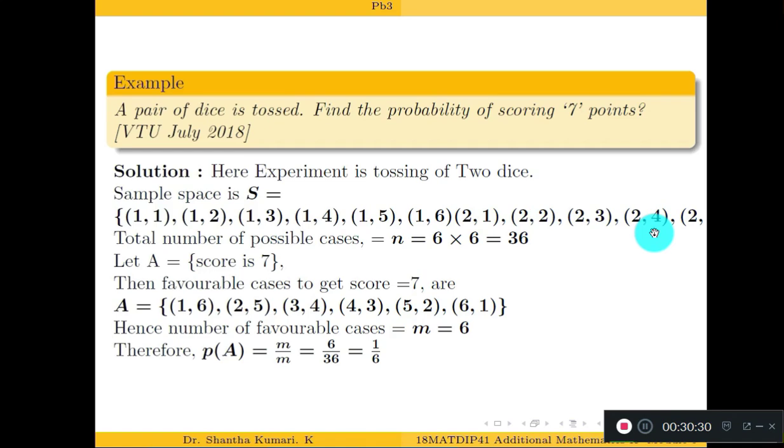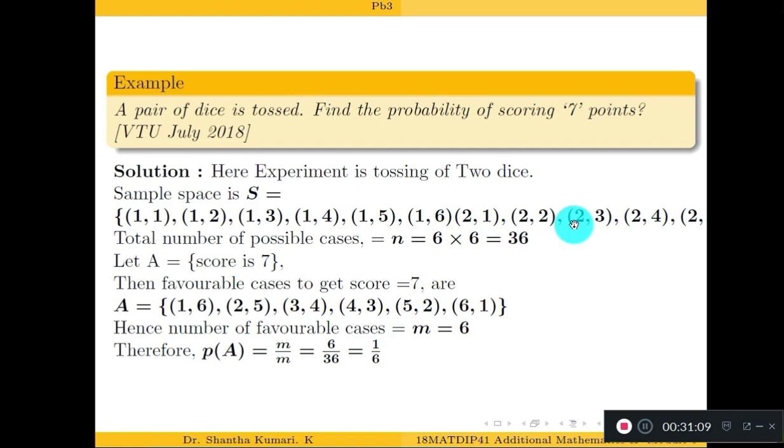So how many elements are there in that list? You can count and check. There will be 6 into 6, 36 outcomes. How to find this? 6 outcomes in the first die and 6 outcomes in the second die. You are performing both tasks, tossing both dice. So 6 into 6. Both means and. Or means we usually use addition, and means we use multiplication. Remember it. It is the principle of counting. So there are 36 total outcomes.